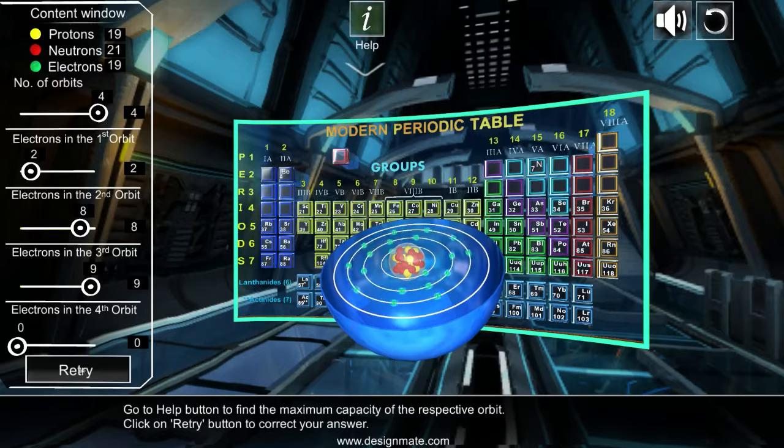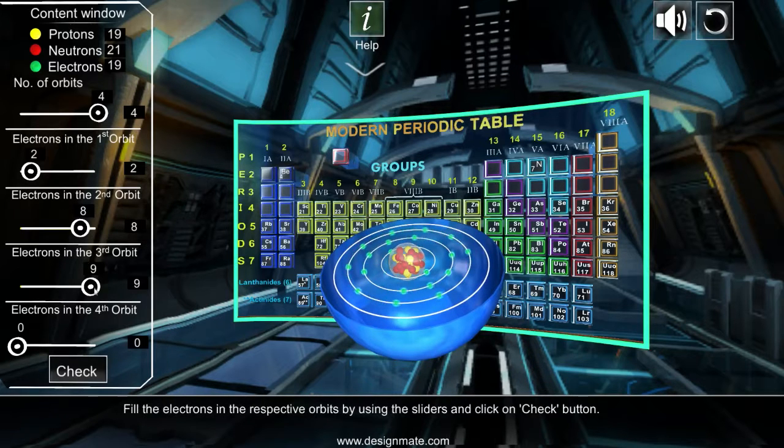Why does it do so? Because the third shell, instead of having 18 electrons, becomes stable at 8 because it achieves a certain stability, and then the last electron goes into the fourth orbit. So this is my correct electronic configuration,